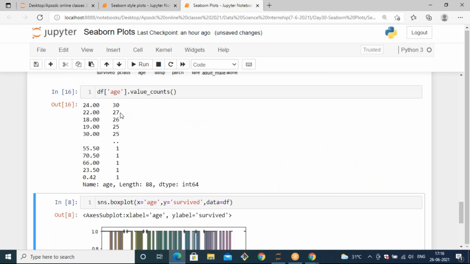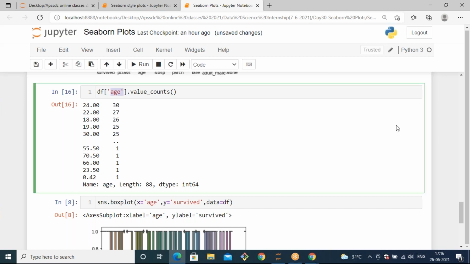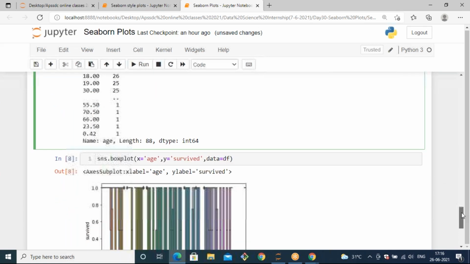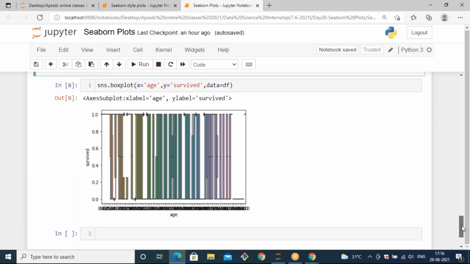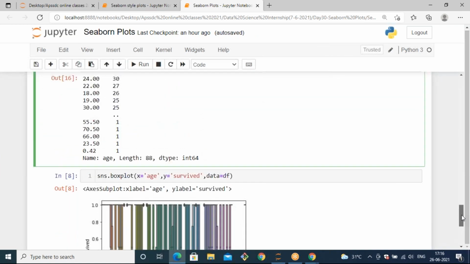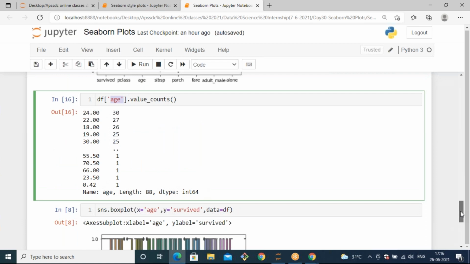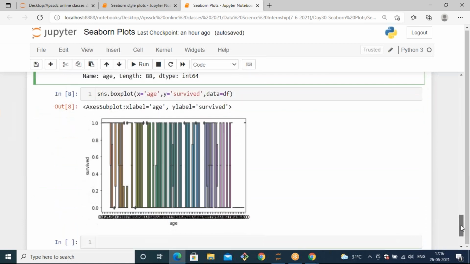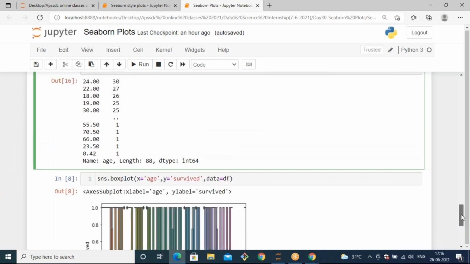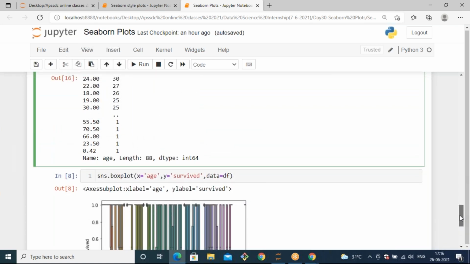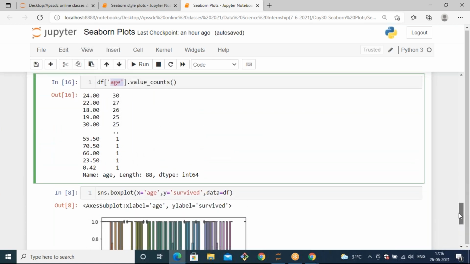Now you can see it is 891 rows. So age has totally 891 rows. So here you will observe something like 891 boxes. But it is not a clear way, because age is continuous data and it has 891 row values with integer values. So we cannot easily observe the change here. In that case, to observe a box for any kind of data, it is better to specify categorical data so that you can easily observe.